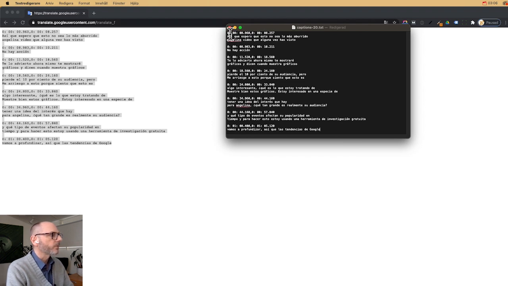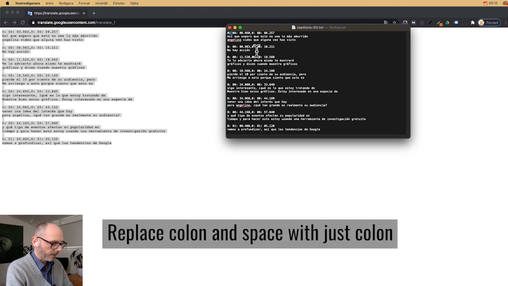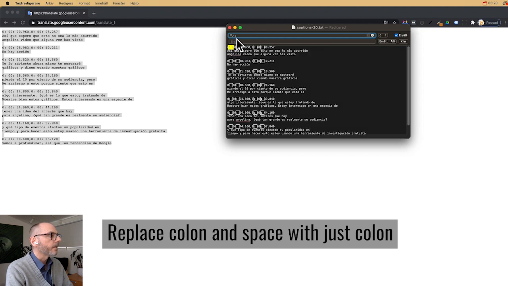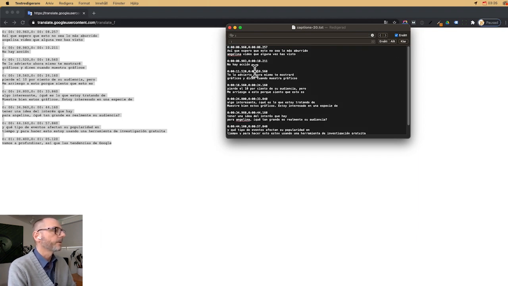So we have to search and replace all those spaces, and I do it like this: I take the comma and the space and copy that, and I press Find and Replace, and I paste it in Find, comma and space, and replace it with just comma, and do that in everything. So now the file should be okay.